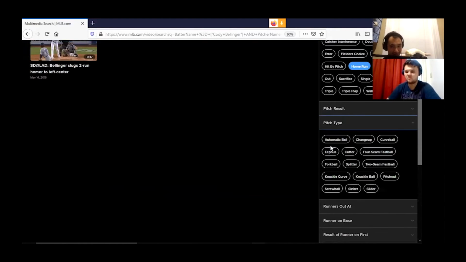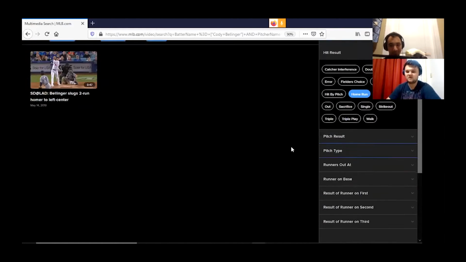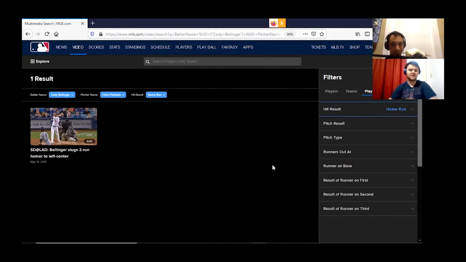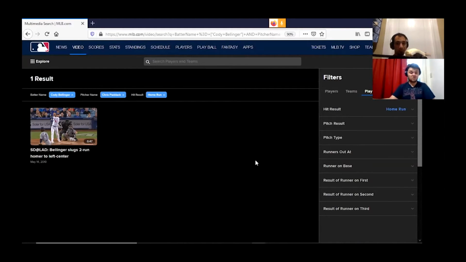So pitch type, you can actually select the pitch type as well and say, okay, we only want to see fastballs, how many fastballs. Another thing is that the video search is limited, because you can't filter by pitch location. So when you mentioned with Trout, you only want to see his pitches up and in or his pitches down and in,